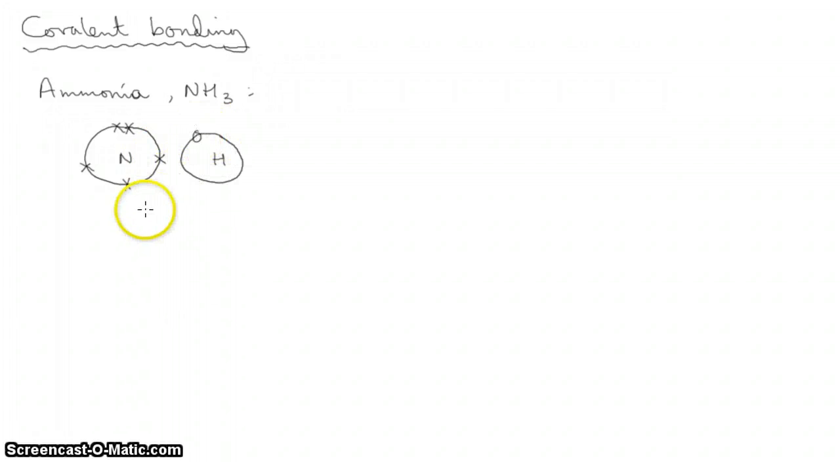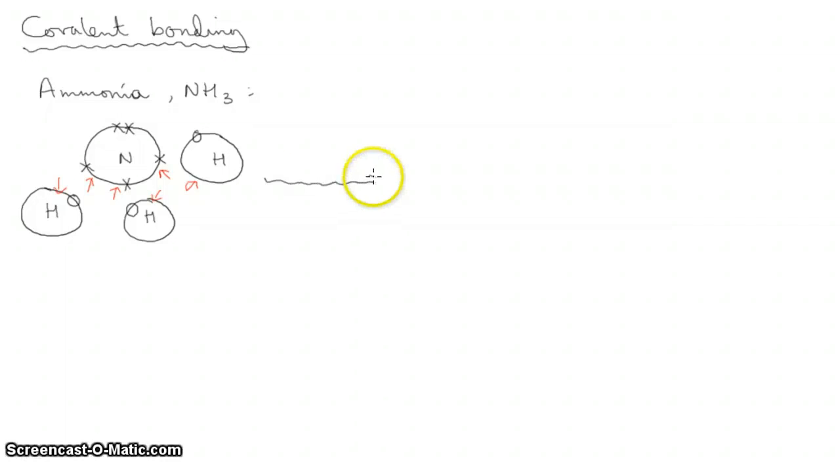Hydrogen in group 1. It's got 1 electron, and you need 3 of these because it's NH3. So each hydrogen has 1 gap for an electron to complete its outer shell, and the nitrogen has 5, so it has 1, 2, 3 gaps to complete its outer shell. So when you put all those atoms together,